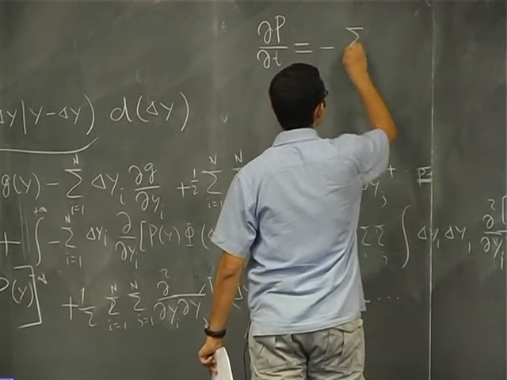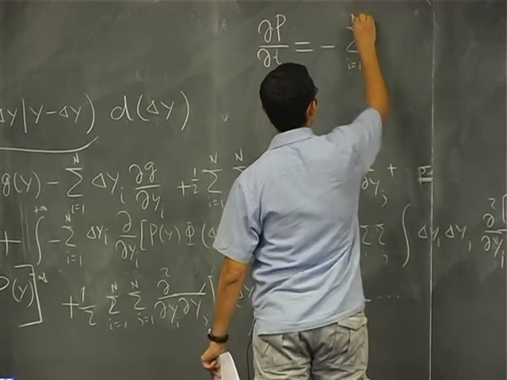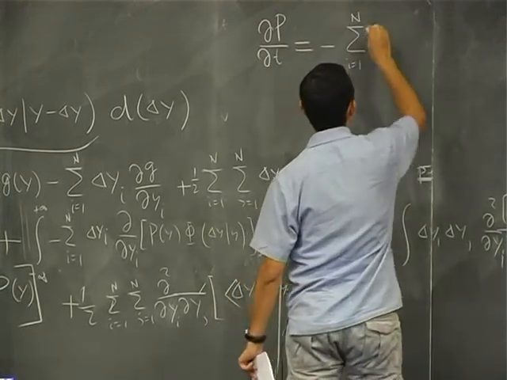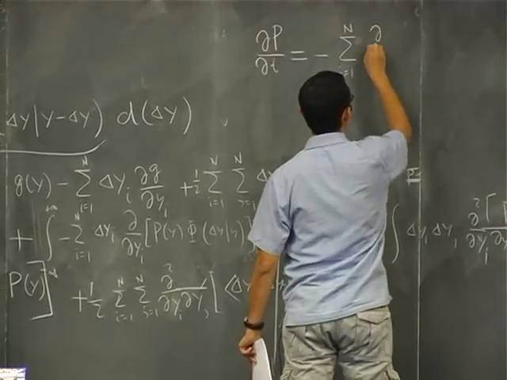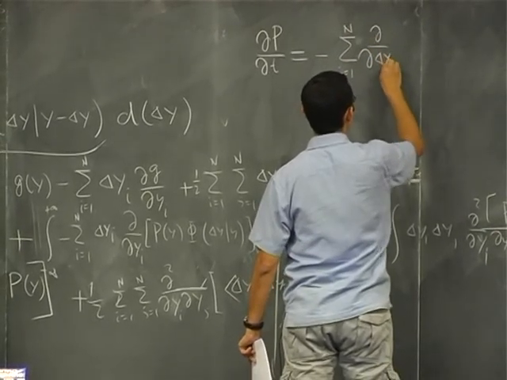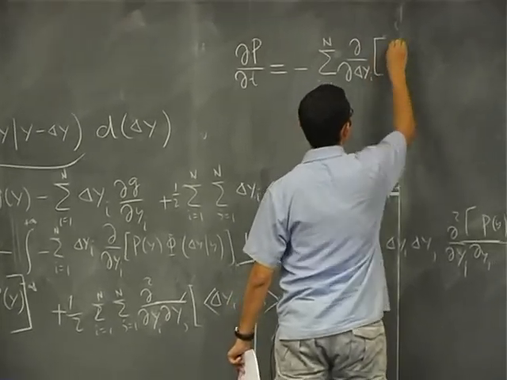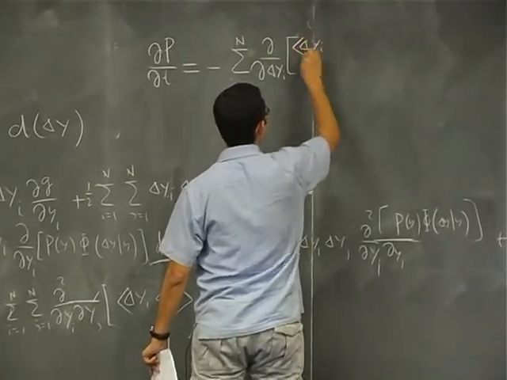sum from 1 to n, right? Del yi, delta yi